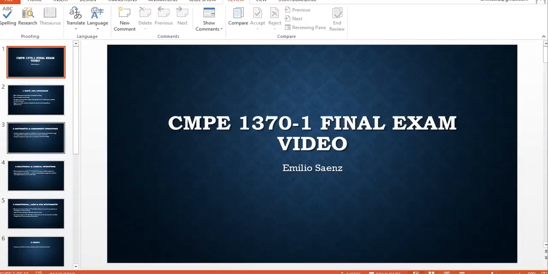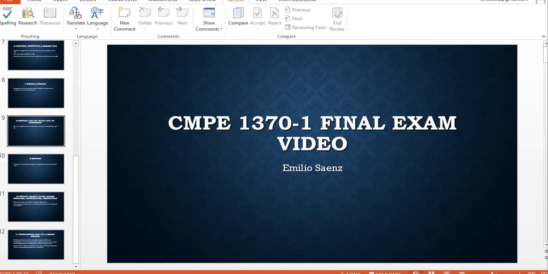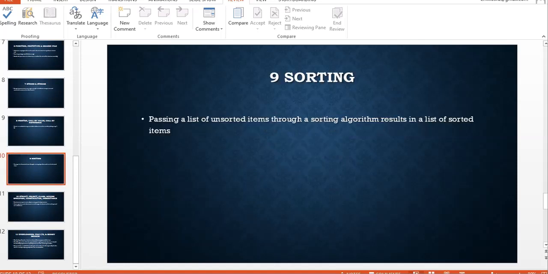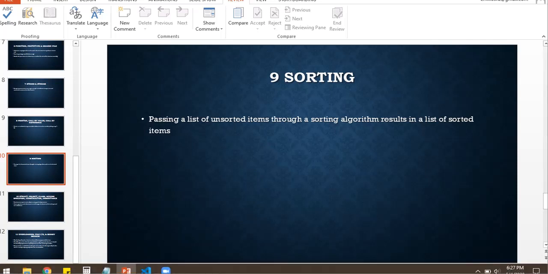Okay, so this video will be talking about sorting. Sorting is just passing a list of unsorted items through a sorting algorithm, and this results in a list of sorted items. So it's basically fixing a list and putting a list in the correct order. So let's go over to C++,